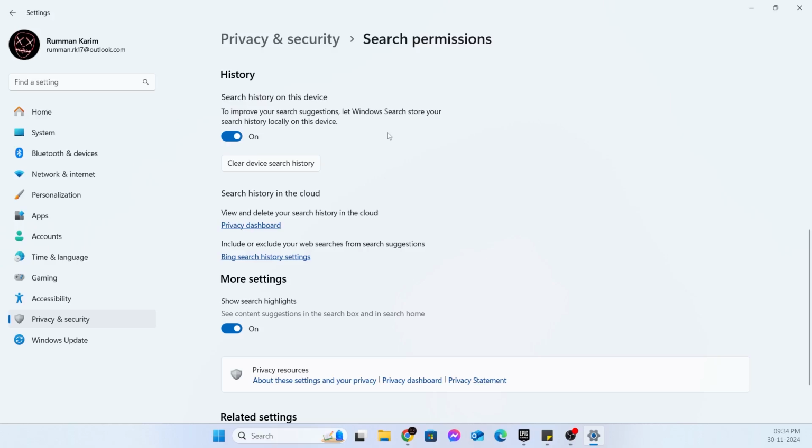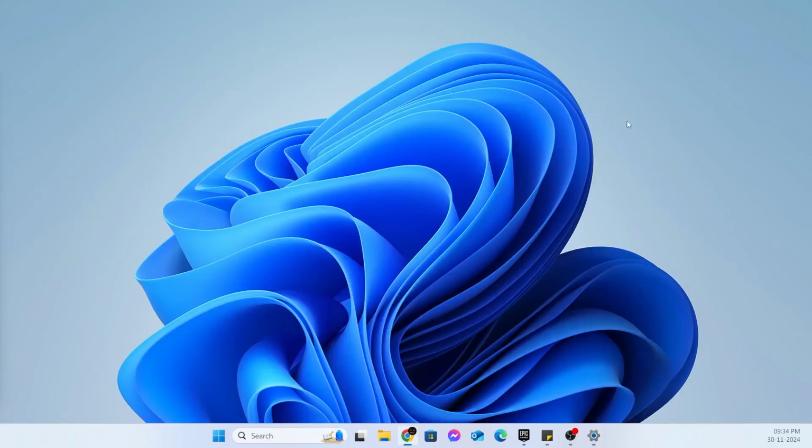Windows basically uses your search history to improve your search suggestions. So they want to store it. But if you don't want them to store it, you can just clear your search history from here and turn this off as well. This will make sure Windows does not save your search history anywhere. Then just minimize this. And basically that is how to clear your search history on Windows 11 laptop or desktop